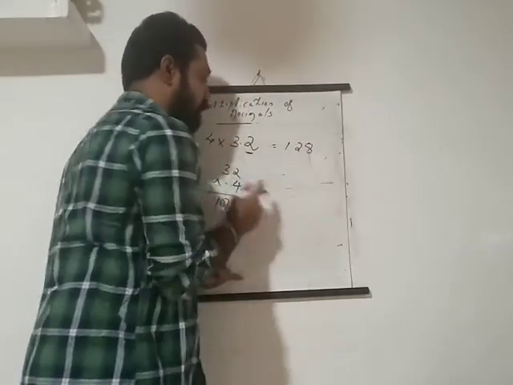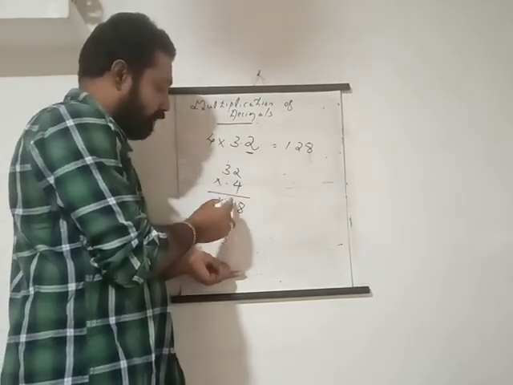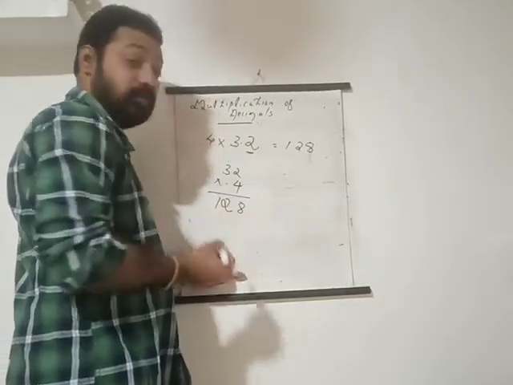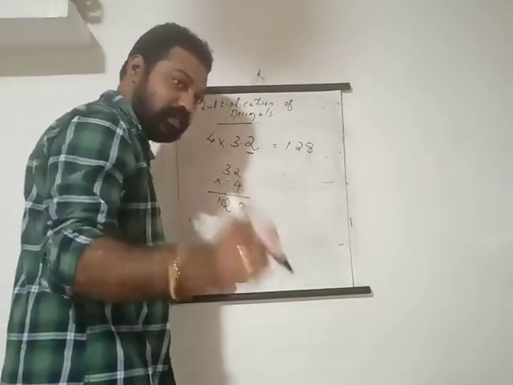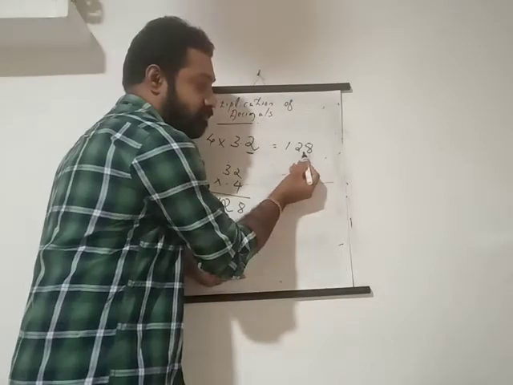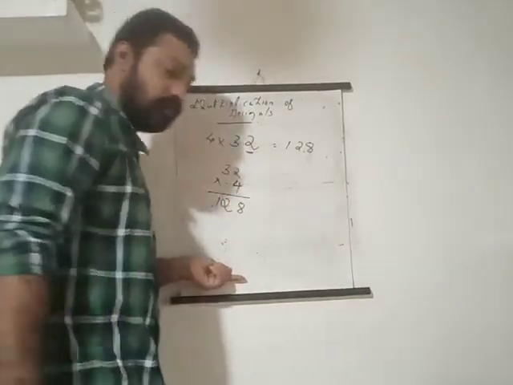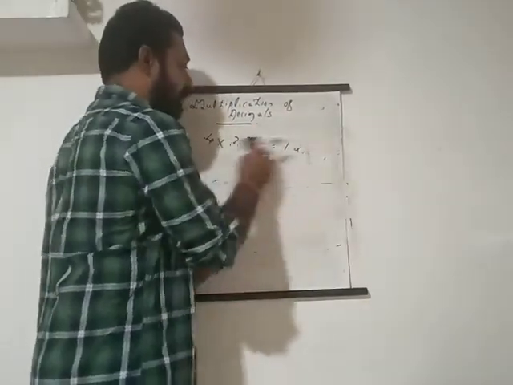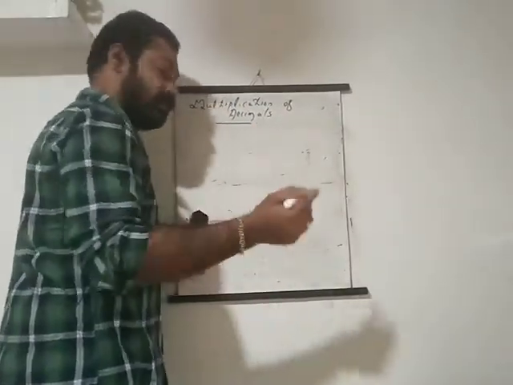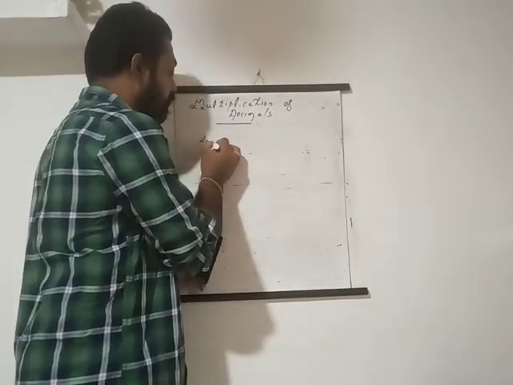Our number is actually a decimal number, isn't it? So we got 128. How many decimal places do we need to make? 1. Then from here, just mark a dot. Finished. That's the only trick behind it. Whatever number is given, how many digits there are doesn't matter. Just multiply. For example, 4 into